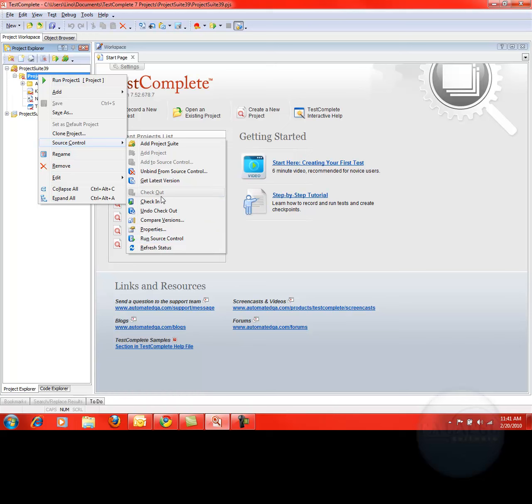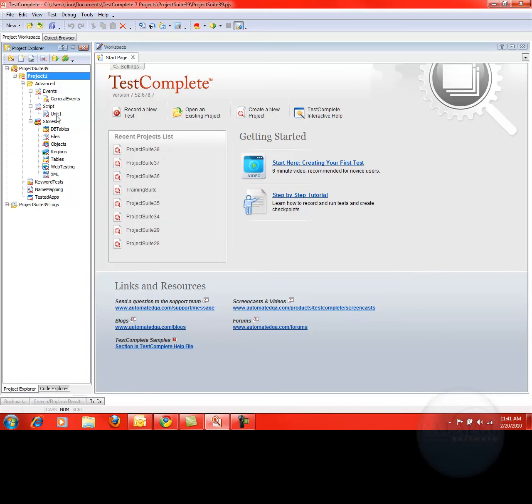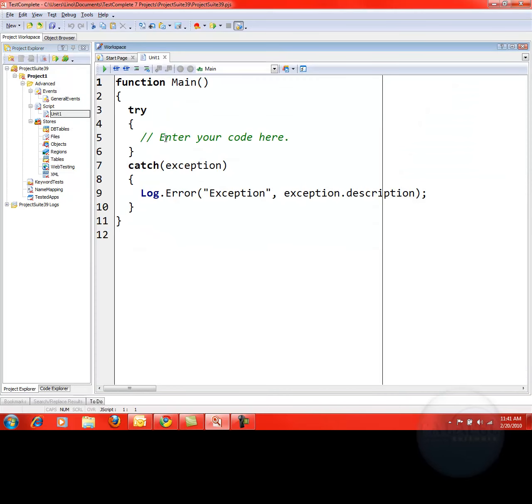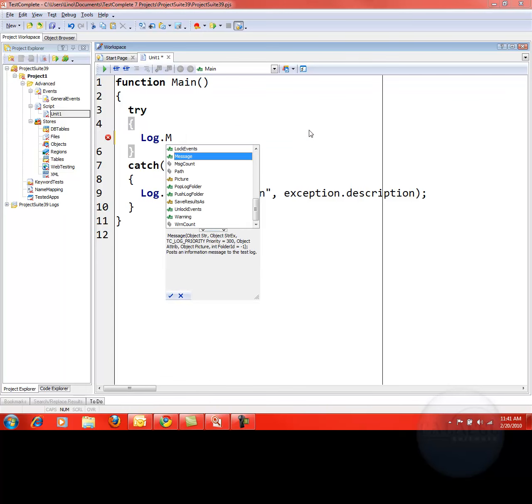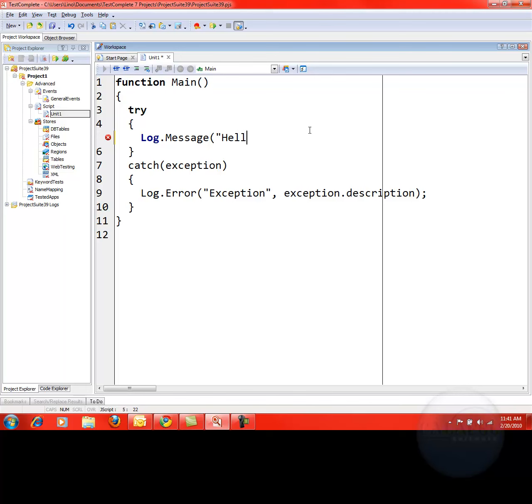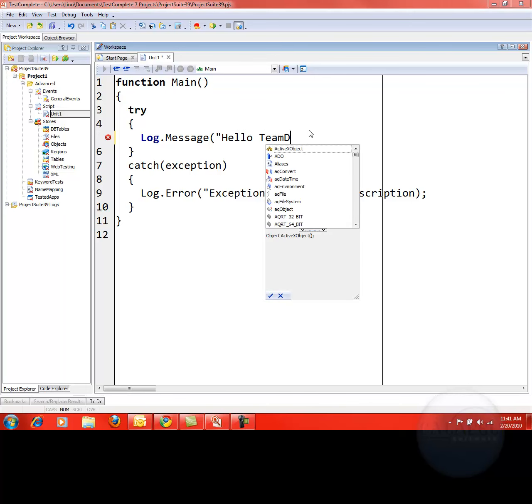I can check in. Check out is turned off because they're identical. There is nothing different in any of these files. But notice also if I go to unit 1, for instance, there is my code. If I change this to say log.message hello team dev central,